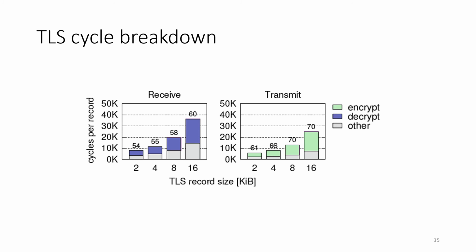The results show that bigger TLS records reduce the overhead of the network stack, and thus will benefit more from offloading TLS. Additionally, we observe that the network stack works harder on receive compared to transmit. Thus, the potential benefit on transmit is higher. We also verified that real TLS offloading gains correspond to the eliminated cycles for encryption.